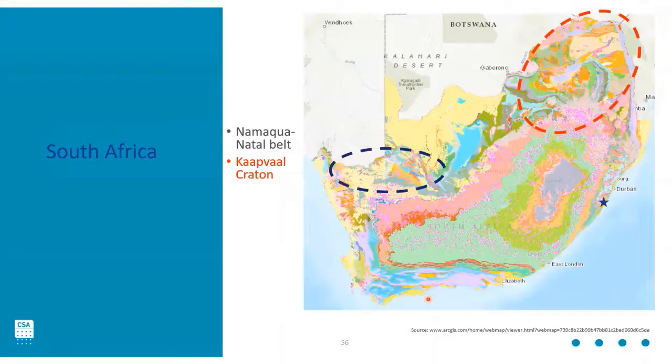If we look at South Africa, I suppose the three areas that you'd look at, you've got the Namaqualand belt, where there has been some exploration and a history of mining pegmatites in the past. You've got the Kaapvaal Craton, where you've got these greenstones, and often you do find these lithium-bearing pegmatites in greenstone belts in Australia. All the gold